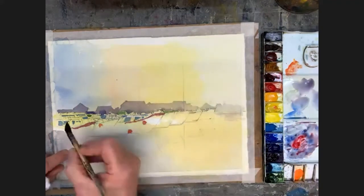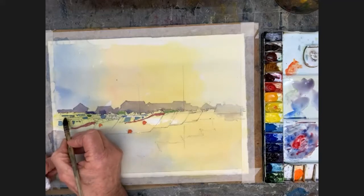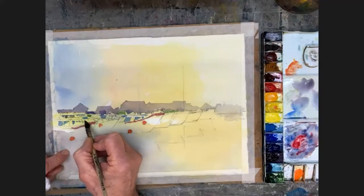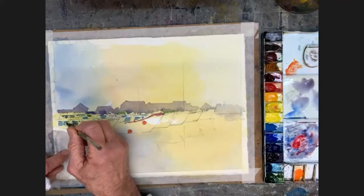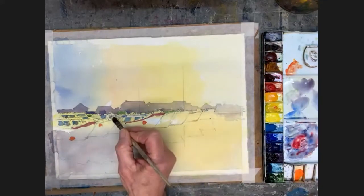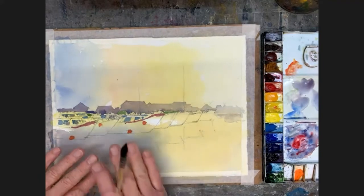Let's see if maybe I'll make a window there. A couple of windows is quite useful. Okay, just working my way around. Put another window in there. Just introduce some color there. Okay, and now I'm going to